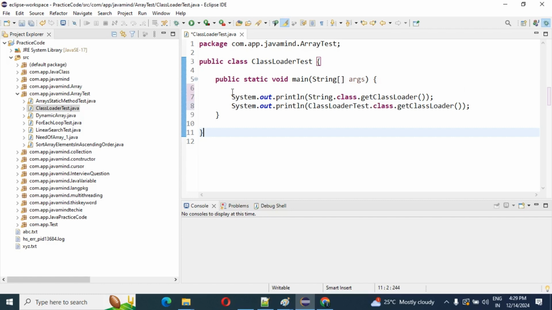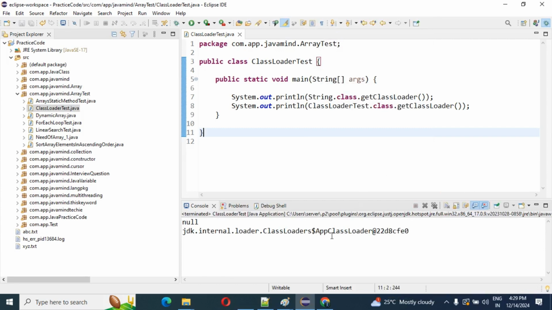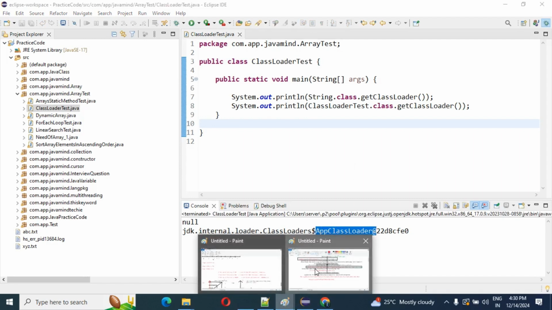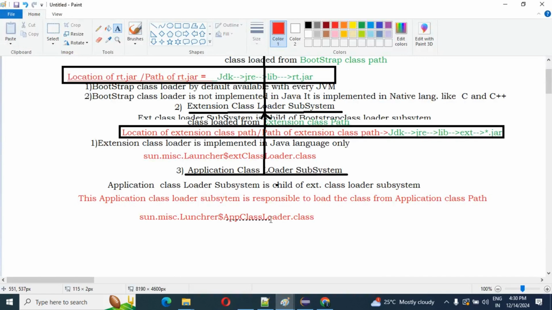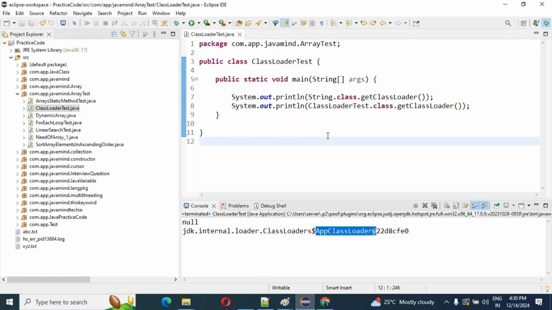I will execute these two lines and see whether they give the expected response. You can see that ClassLoaderTest is coming from the app class loader, as I mentioned earlier. The first one, the bootstrap class loader, I used with String, because the String class is available in rt.jar.